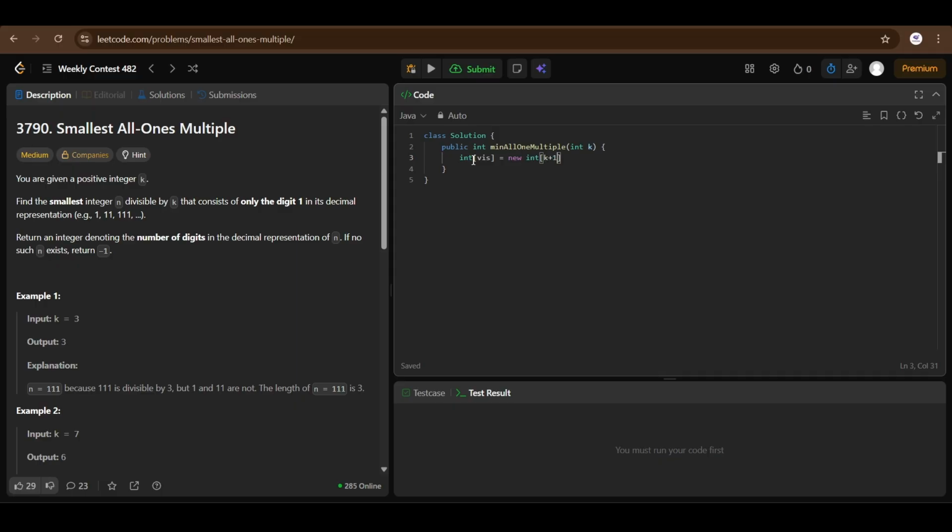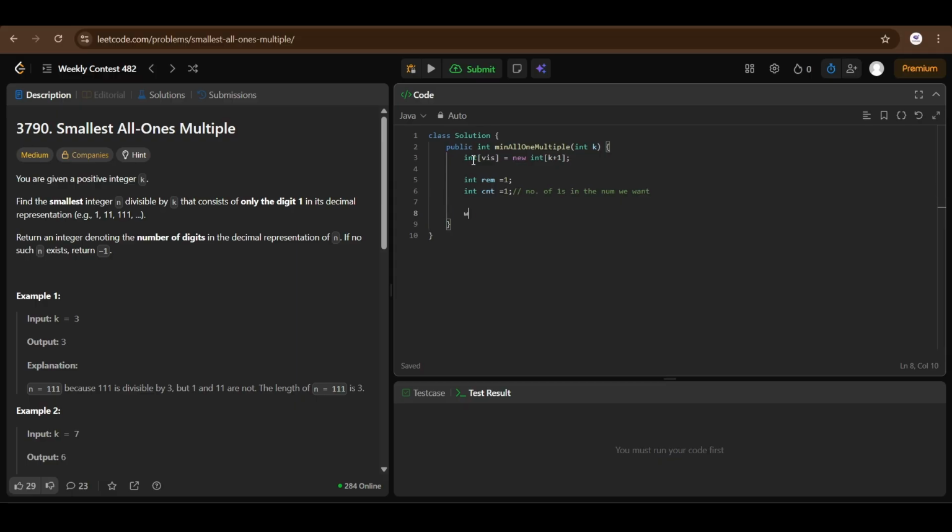And why we are taking k plus 1, because remainder can have value up to k only. For safer side, we are taking one more extra, right? We will start our algorithm taking remainder 1 and count equals to 1. It means this count represents number of ones in the number we want,